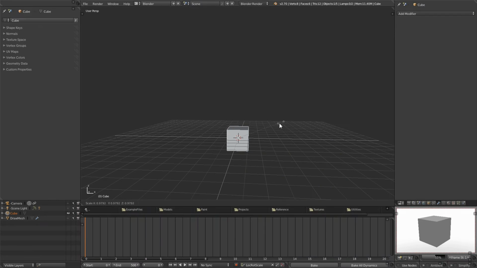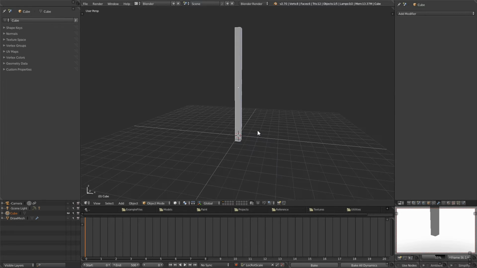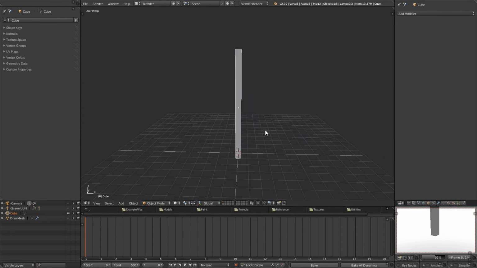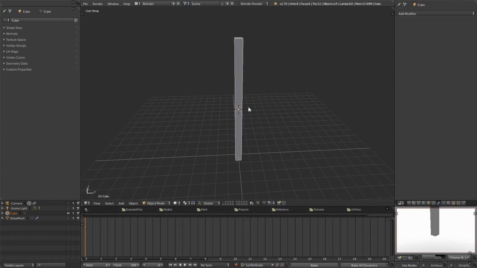Okay, so let's hit S to scale this cube down, and then hit S to scale it again, and tap our middle mouse button and drag up to constrain this to the Z-axis like this, and then hit G to grab and middle mouse to constrain to bring it up, and then I'm just going to tap Alt Shift and tap the right mouse button, which brings my 3D cursor to whatever I have selected, which is our pole,